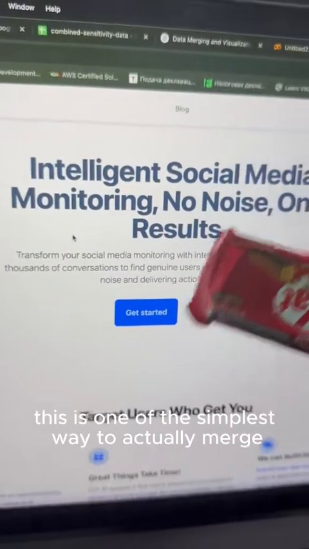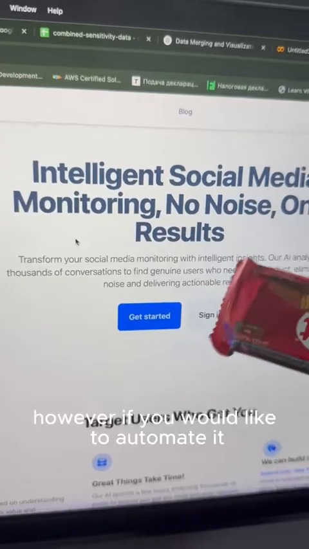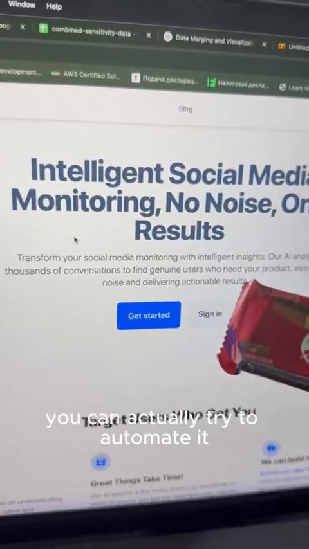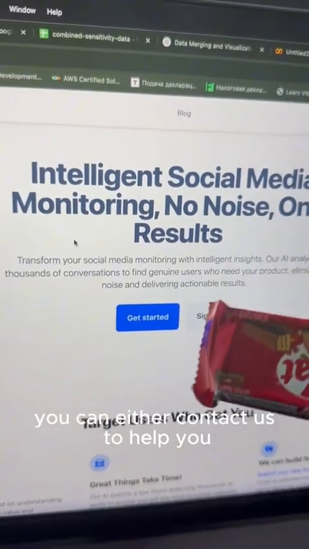I think this is one of the simplest forms to actually merge different files with different structures. However, if you would like to automate it, you can actually try to automate it and turn it into your own side hustle. And if you do that, you can either contact us to help you to build that software,